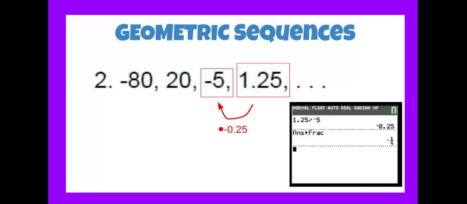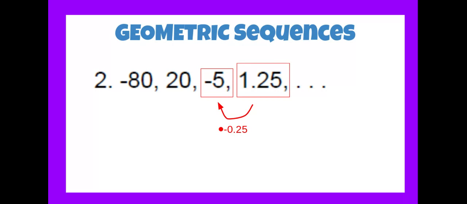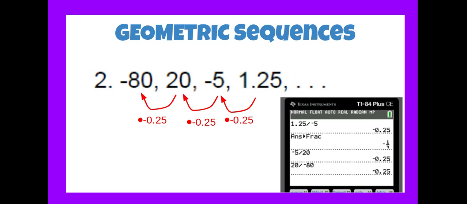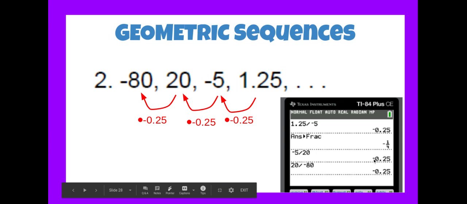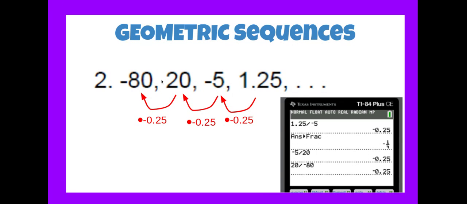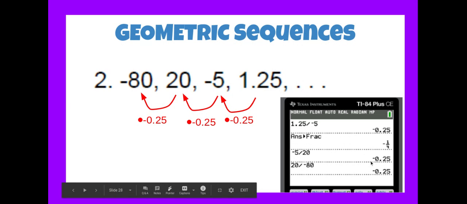Now we're just going to see if each subsequent term in the sequence has the same ratio just by dividing backwards again. Make sure we get -0.25. So now we're going to take -5 divided by 20. You'll notice here, yes, it came out to -0.25. And then we took 20 and divided by -80, and once again, we got